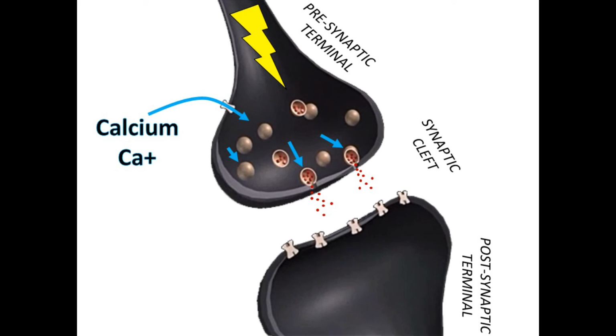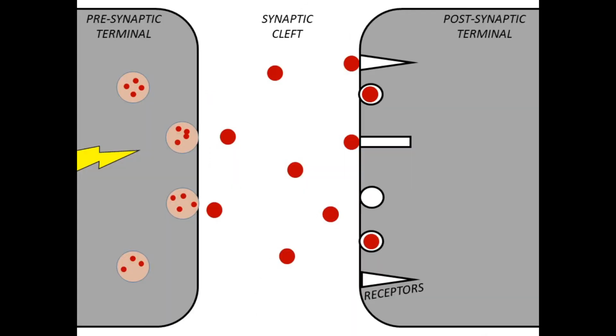Okay, so these chemicals, the neurotransmitters, get released in the synaptic cleft, and then do they kind of swim across to the receptors on the other side? That's what we thought for a while, that they kind of propelled themselves over to the receptors. Turns out they don't at all. Neurotransmitters don't do much of anything. They do what's called passive diffusion. They just kind of sit there and float around. And every once in a while, when you're lucky enough, one of those neurotransmitters will hit one of the receptors